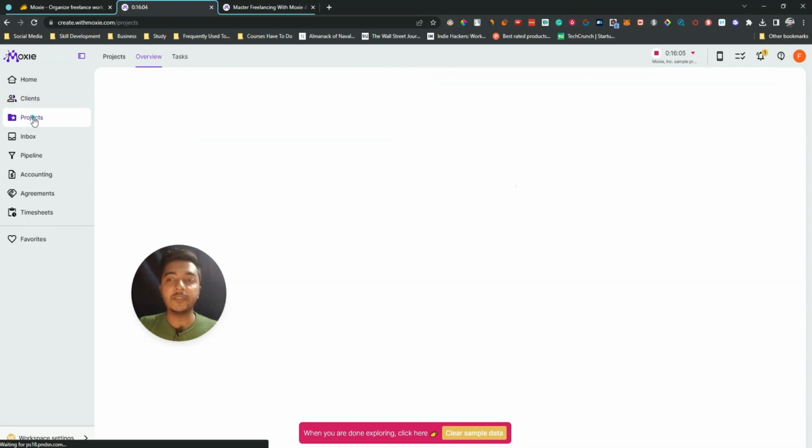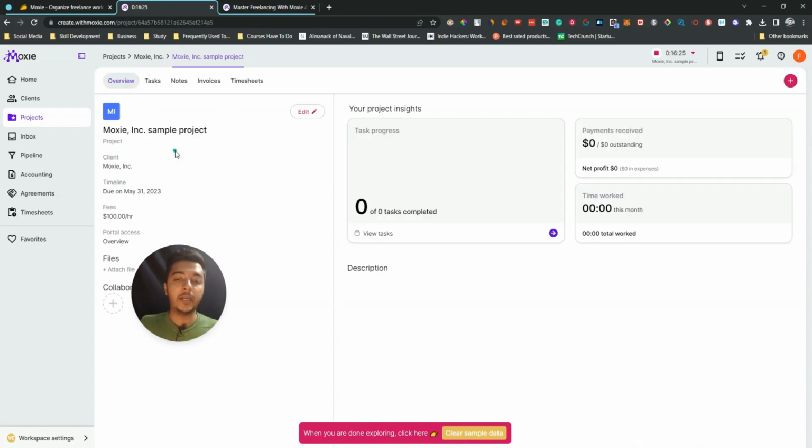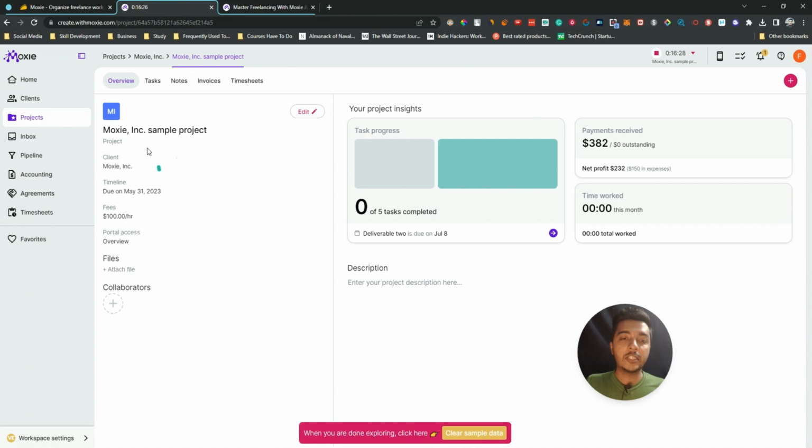After that, they have project. If I go to the project section, similarly here you can create the project. As you can see, I have already created one project. You can view details about this project, you can edit this project, you can mark this project completed also from here. If I enter this project, as you can see the project name, you can see the client who is assigned for this project, and you can see the timeline, the fees per hour,